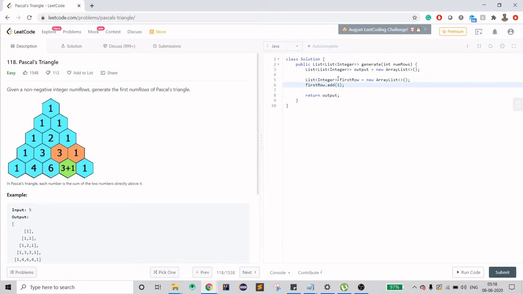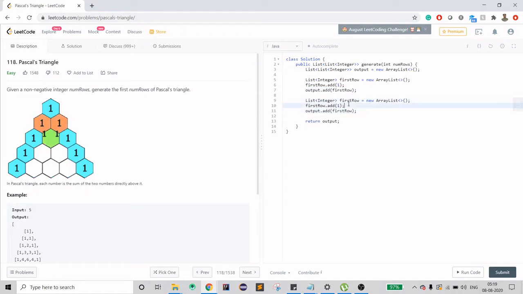So now we need the same thing, but before that we need to add the first row to the output, and now we need to do the same thing for the second row. And rename.